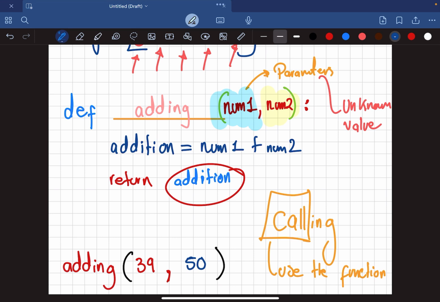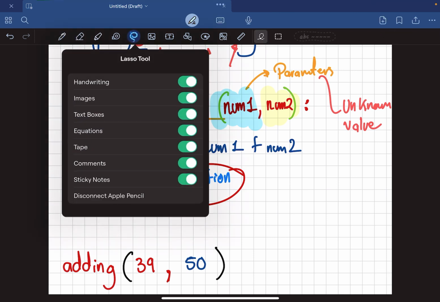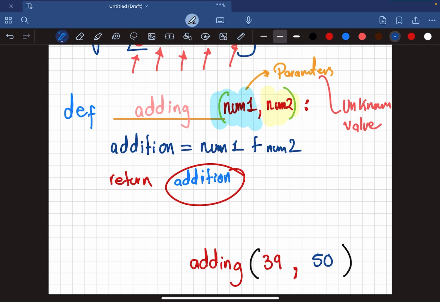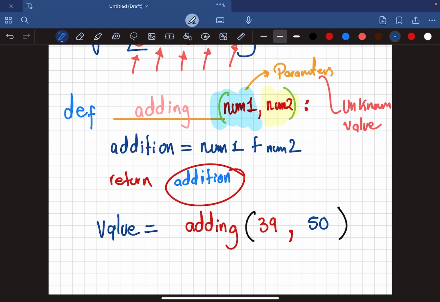But then, since it says that it's returning a variable, I should store this into where? Into a variable that is called whatever, value. So value is going to be equal to the result of adding 39 and 50, yes? What do we do in adding? Well, basically, we just put those numbers together, yeah? Let me put this over here. And then the value that is returned from the function takes the place in here,